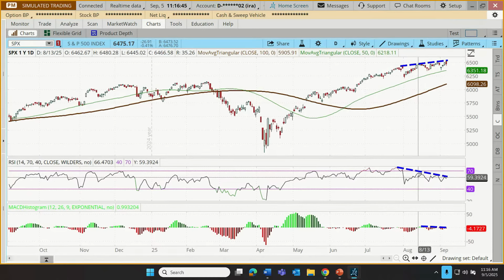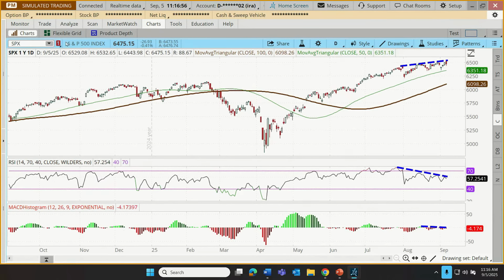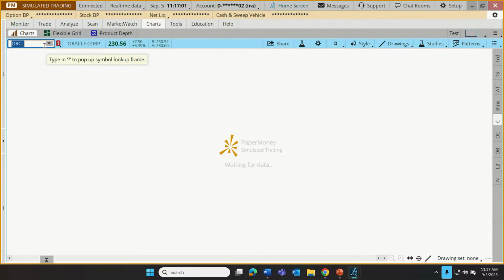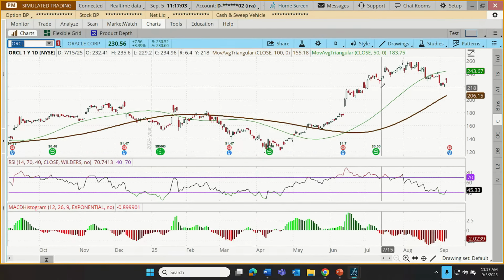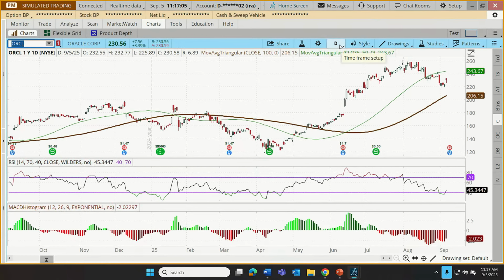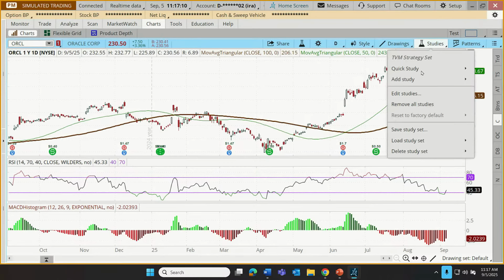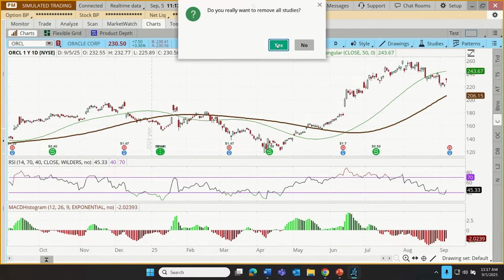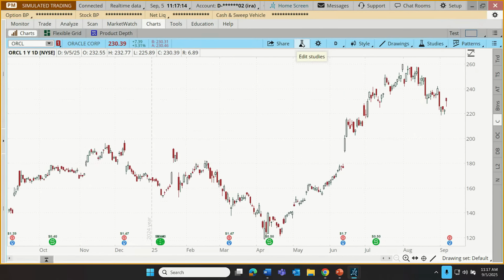If a daily chart is what the trader is using, it can be modified to look for longer-term trends on longer-term charts or shorter-term trends on shorter-term charts. But I'm going to clear up our drawing set. Let's switch things up a little bit. I'm going to use an example stock here. Let's go to Oracle, just an S&P 500 company, and let's remove our study set. Let's just remove all the current studies, and let's add this apparently new-to-everybody technical indicator.